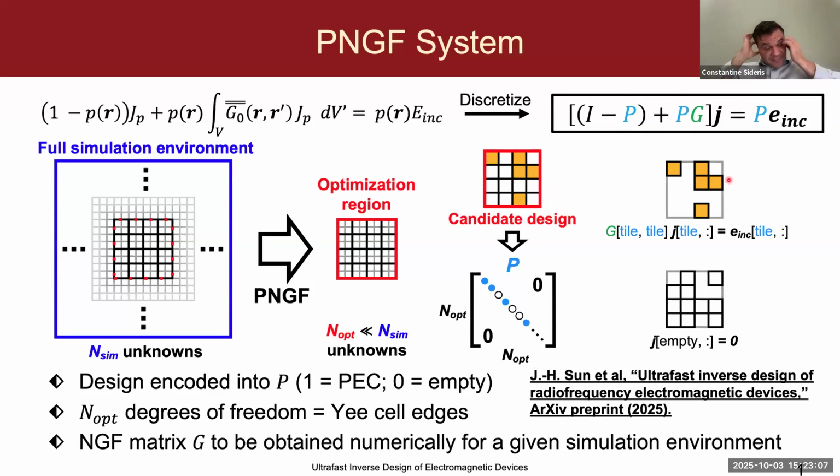I can compute my objective function. I can compute the fields everywhere, no approximations being made. So this system has n opt unknowns, where n opt is, again, the number of unknowns in your optimization region, which is typically much, much smaller than n sim, which is the overall size of the simulation region that includes things like the substrate and other things that are not changing, that are not being optimized. In the finite difference scenario, this G matrix maps the Yee cell J elements that discretize the optimization region to the collocated tangential electric fields within that optimization region.